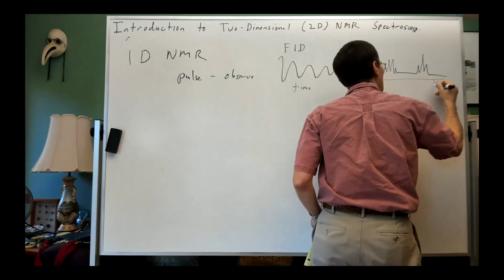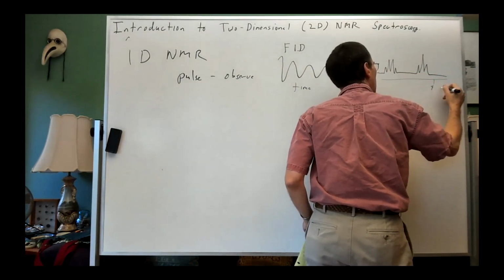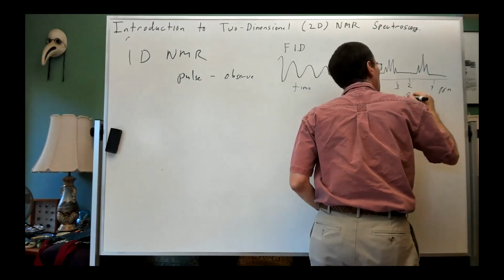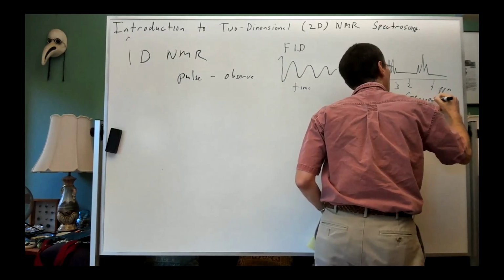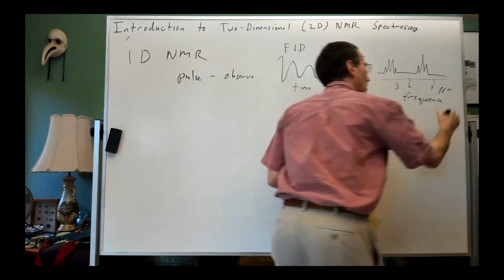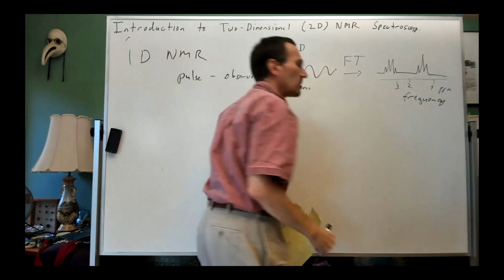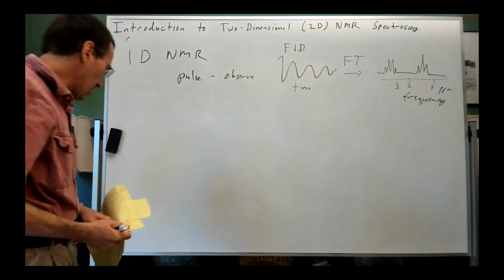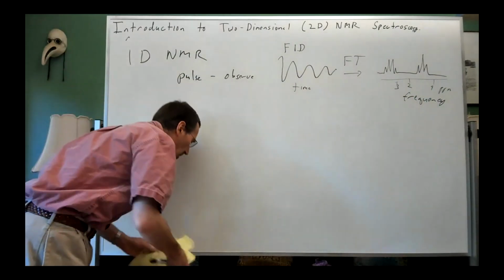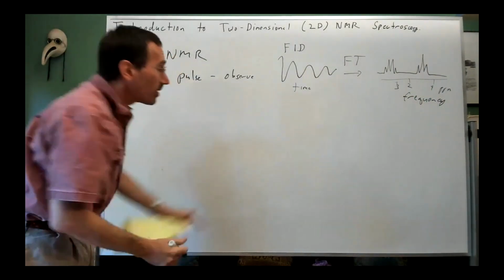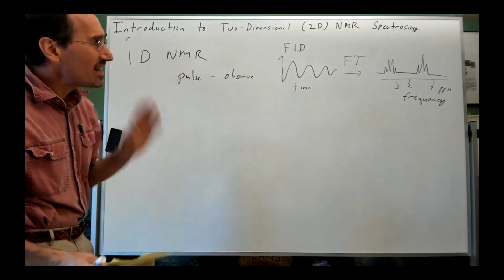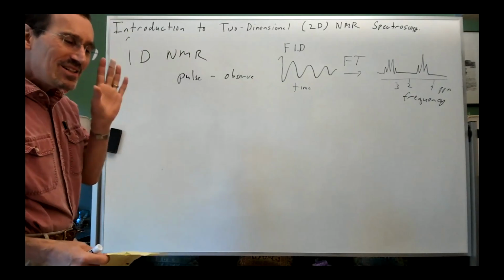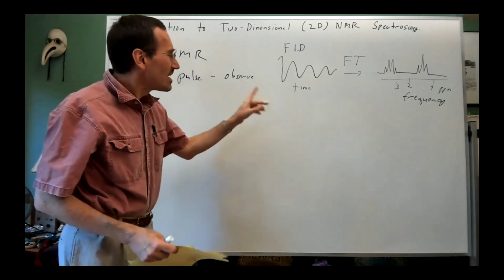So here's our 1 ppm, 2, 3, etc. And this is frequency, where we're dealing with a frequency in hertz, or hertz translated into parts per million. So in two-dimensional NMR, and of course that is a two-dimensional spectrum, but in two-dimensional NMR, it's again